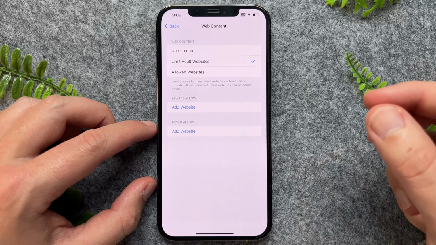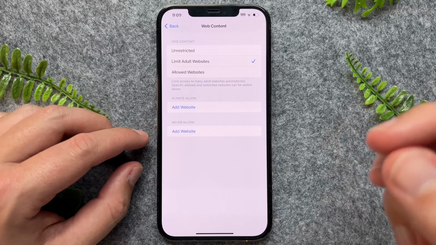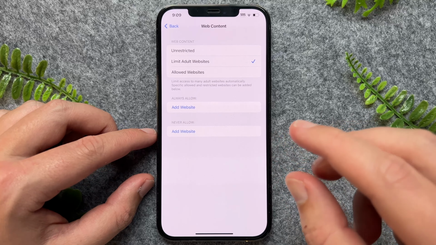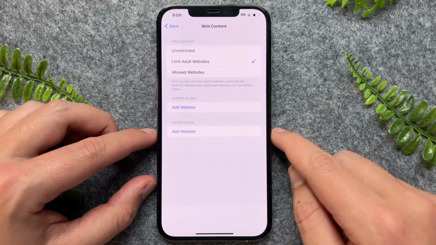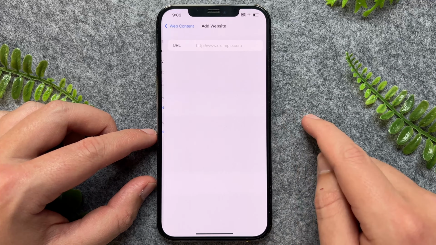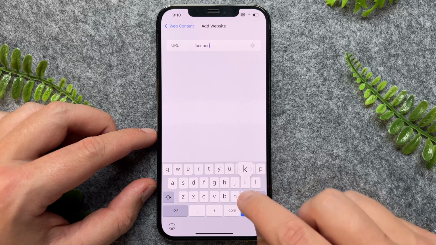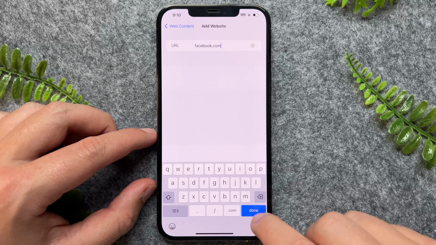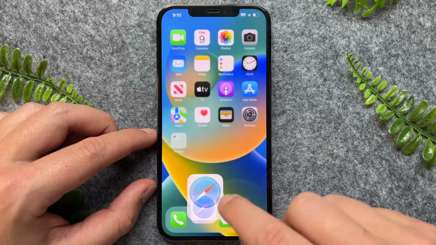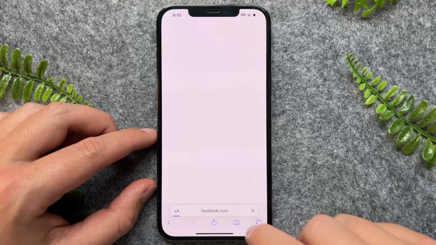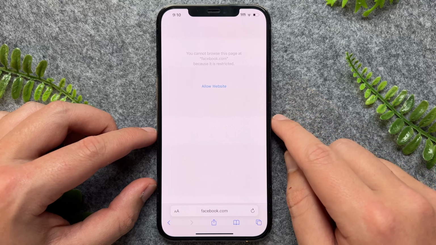And this will also kind of limit other X-rated websites as well. However, if you're looking to block a particular URL, you can do this by going add website. And then you can just put in the website domain. So facebook.com as an example. Now, if I go to Safari and try and load Facebook, as you can see, it's not allowing me access